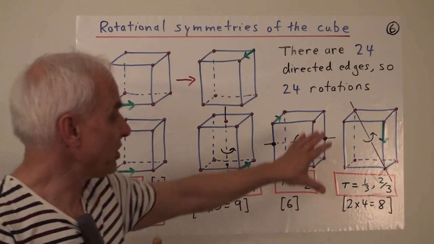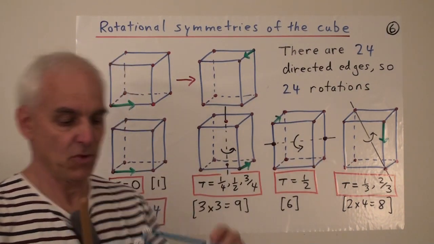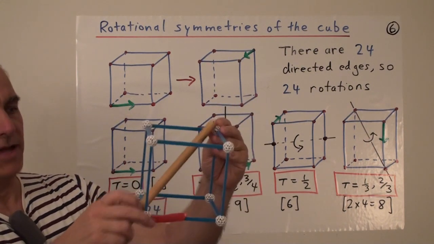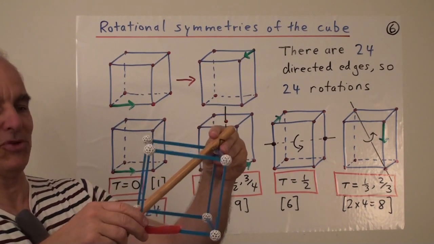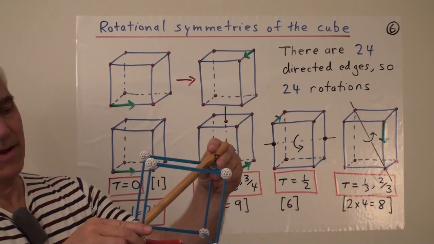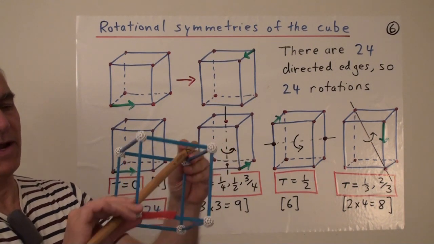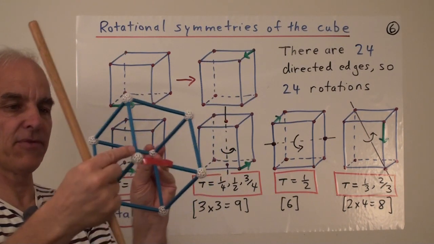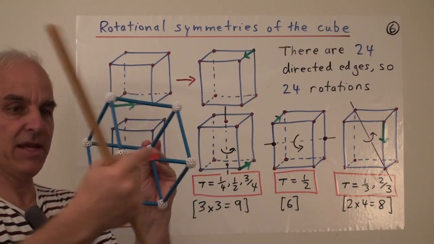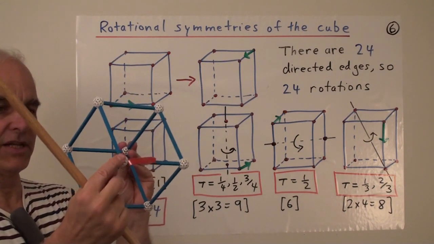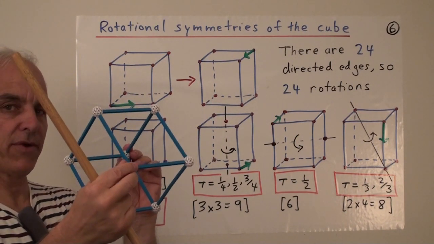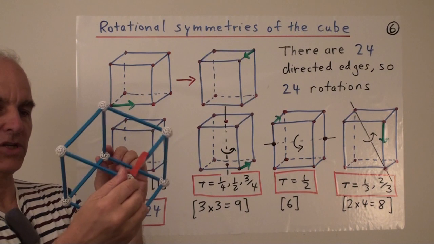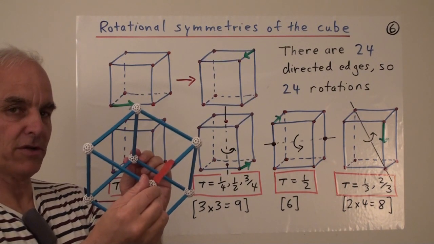Now in addition, there are rotations about vertices, or axes that go through opposite vertices. So for example, if I take this vertex here and its opposite, that determines a different kind of axis of symmetry. Maybe it's a little bit clearer what happens if I tilt this towards you. I hope you can see there's a kind of threefold symmetry, where there are 3 edges emanating from that vertex. So there's a rotation of 1/3, or another rotation of 1/3, and then a third rotation of 1/3 gets me back to where I started.